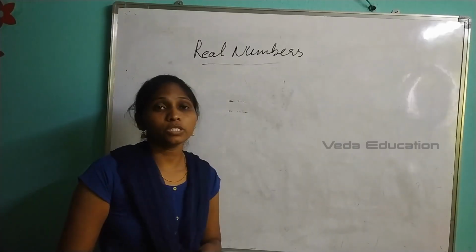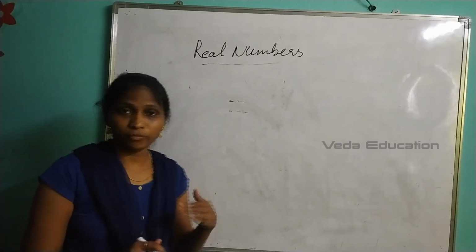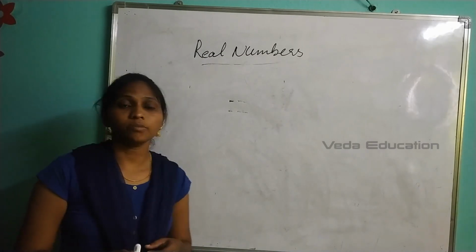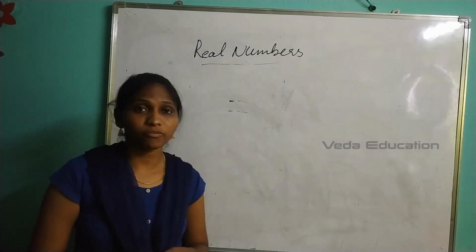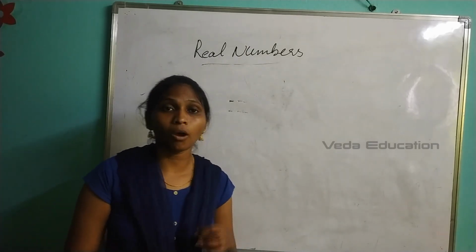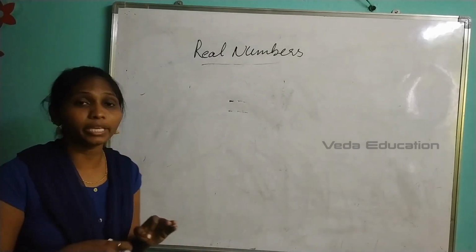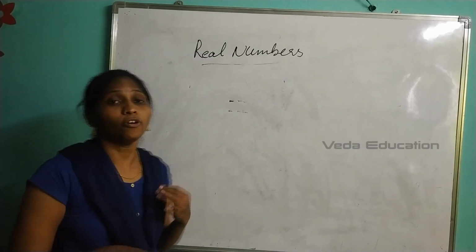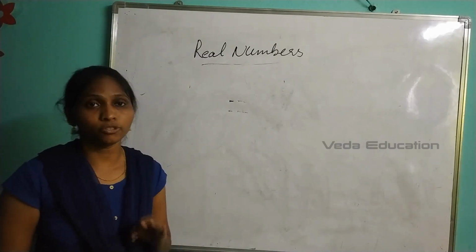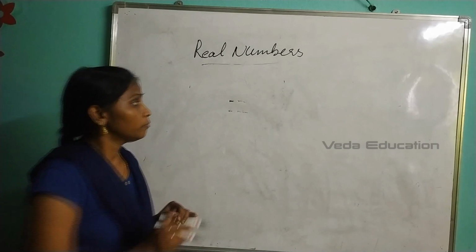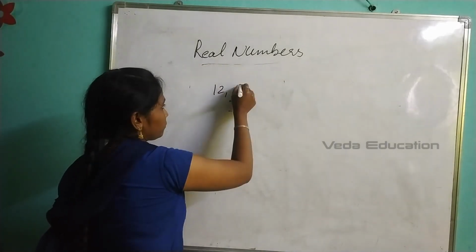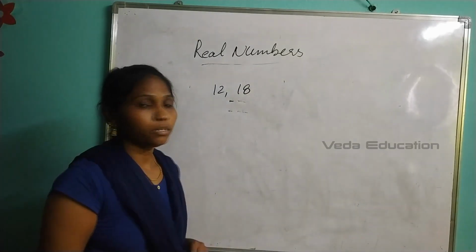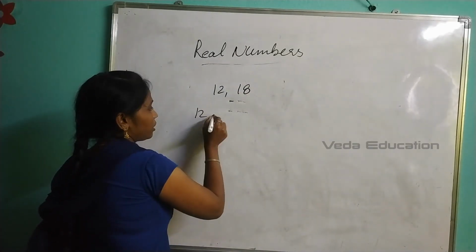Now again by using the fundamental theorem. Before, we discussed how to find HCF by using Euclid's division lemma, and now we are using the fundamental theorem. By using the fundamental theorem, we can find LCM and HCF without doing any calculations, and only one requirement here: we should have the prime factorization form. Now I am taking some numbers, 12 and 18. Now do the prime factorization for these numbers.